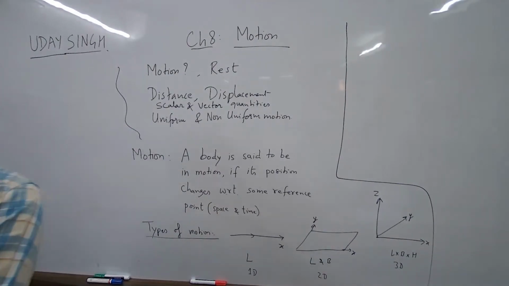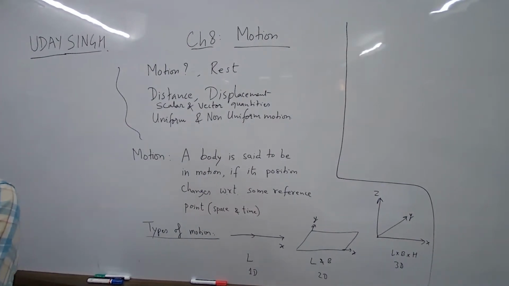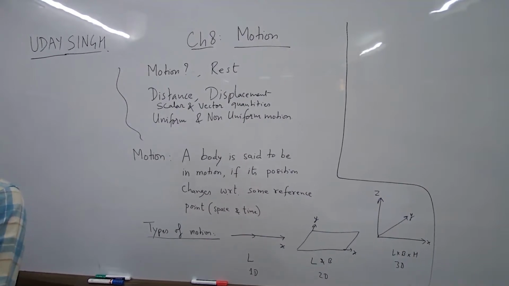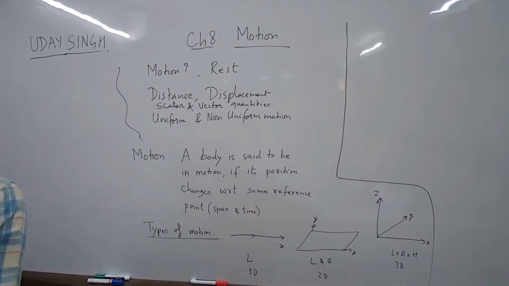Now, is it possible that you see a body moving, but somebody else sees it at rest? Yes. So therefore, motion is not an absolute thing; it is a relative thing. It means different things to different people. What happened here? So this is where you have to understand physics in a more subtle way. It's not direct. You may be seeing something, somebody else will see something else, and they both fight. One is saying it is moving, one is saying it is not moving. Both of them are correct.